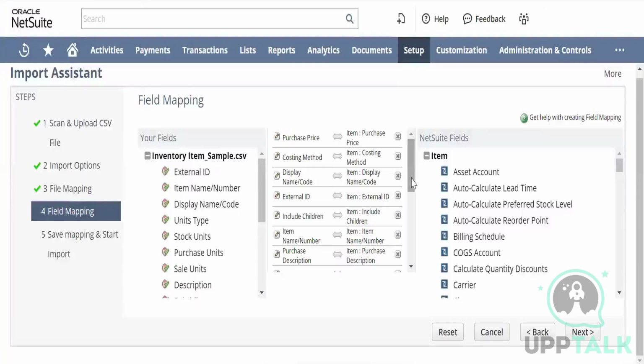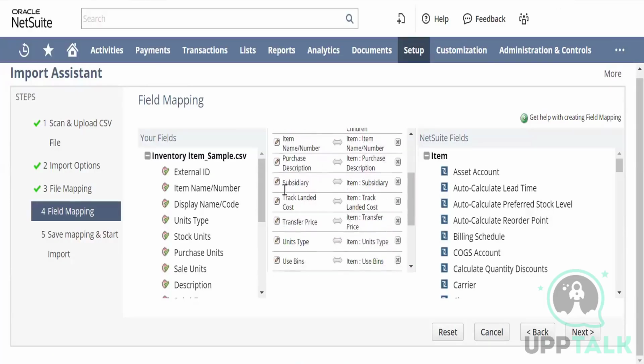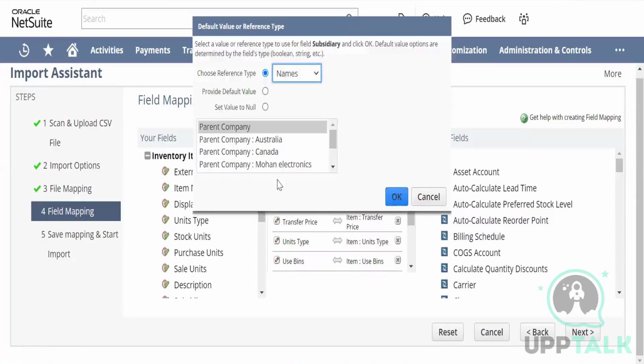So I spoke about the internal ID. Okay, so how do you specify the internal ID? On every field that you have here, there's a little pencil icon on the left hand side, right? So click on that pencil icon, it will open up, and then you say that instead of